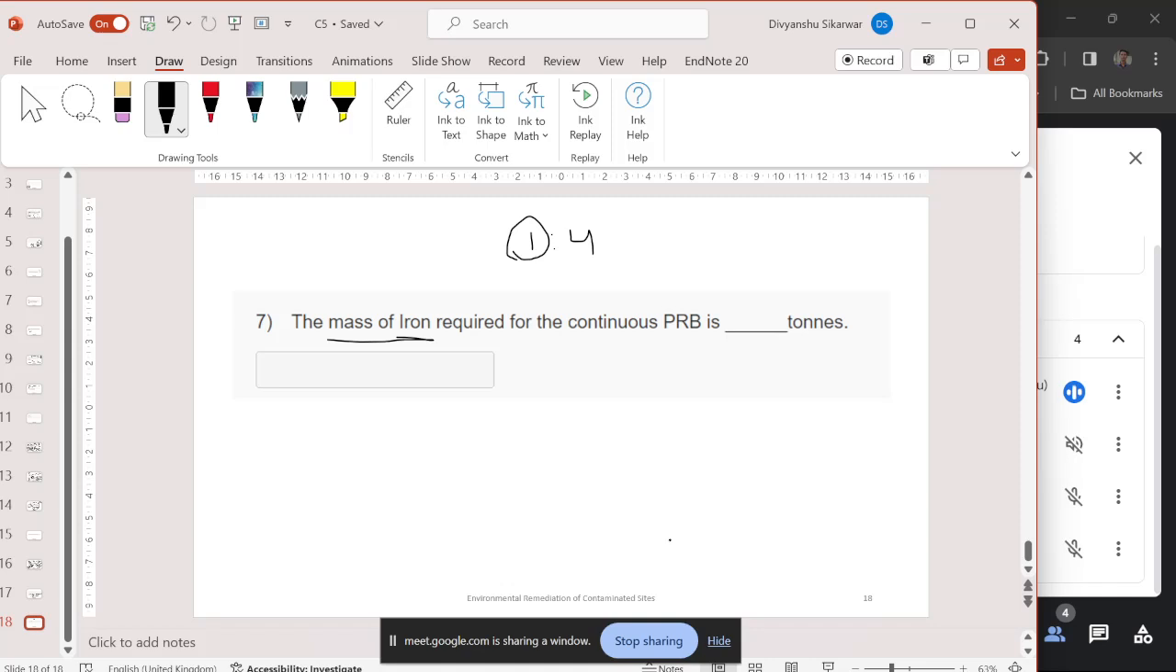We have calculated the C value for ZVI for the soil condition, because for the lab it was given. For soil condition we were getting something like 1600 something grams per liter, right? So if we know how much volume we are going to treat,